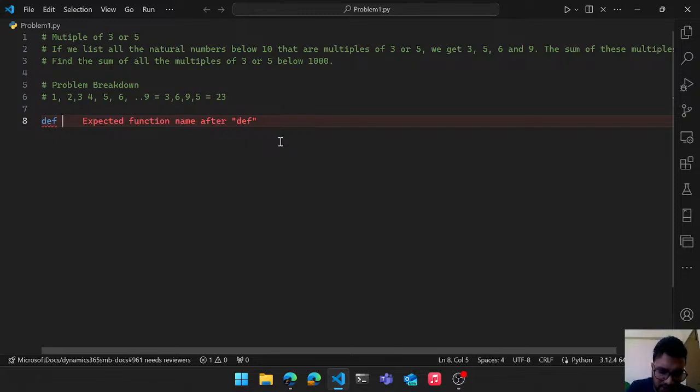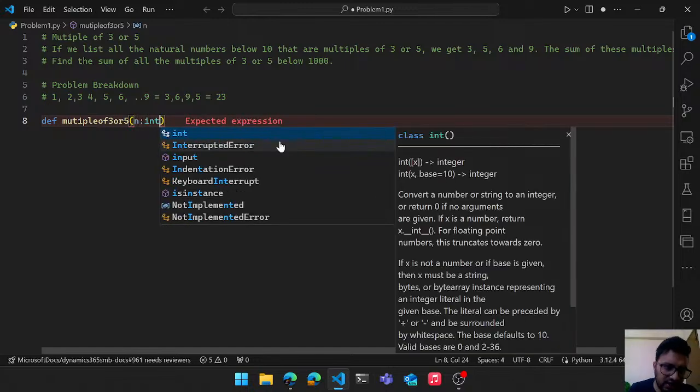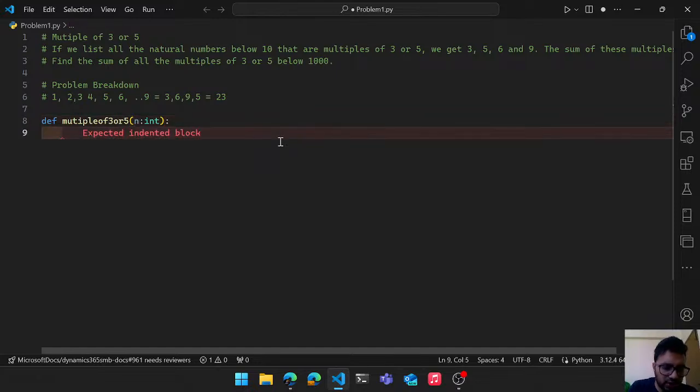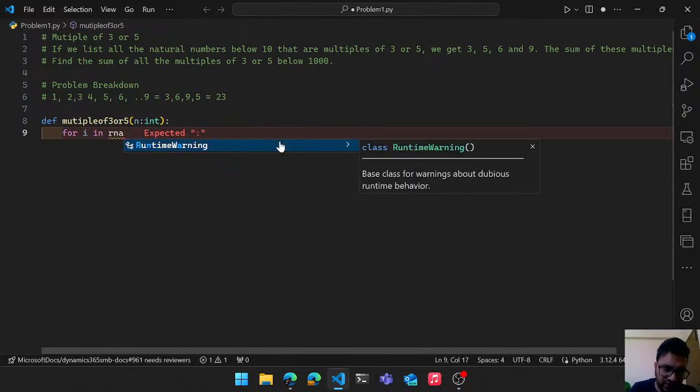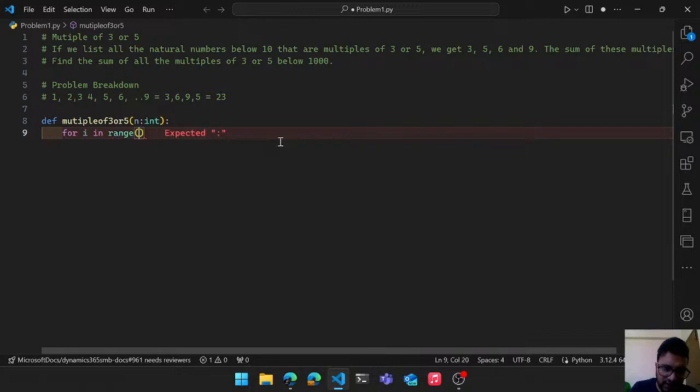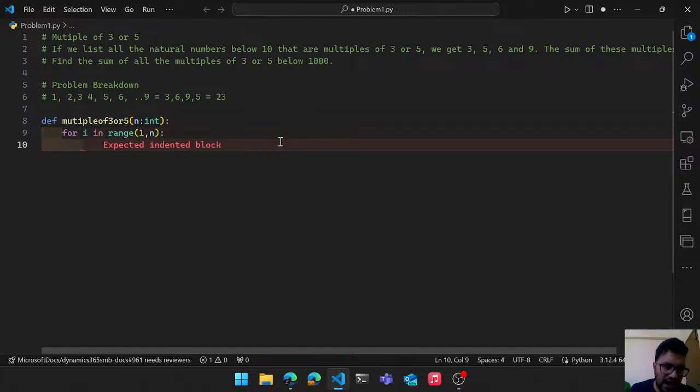So multiple of, right? You could write some descriptive name over here. So I will take n, the number that we need to go up to. I'll have to loop over the whole number. So for i in range, range will give out a list from 1 up to that n number,